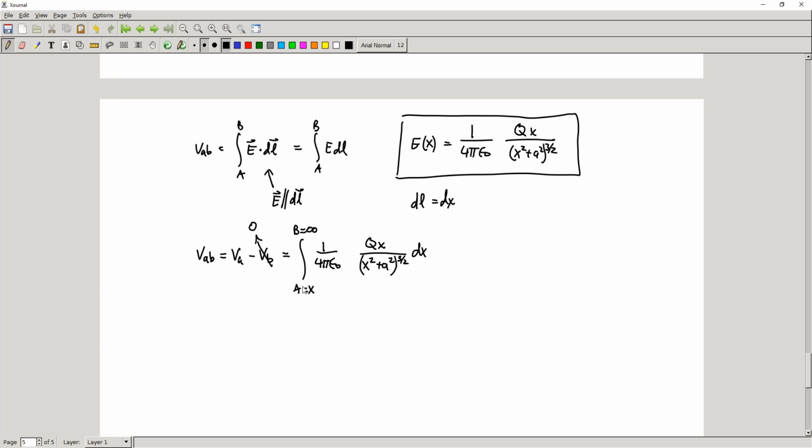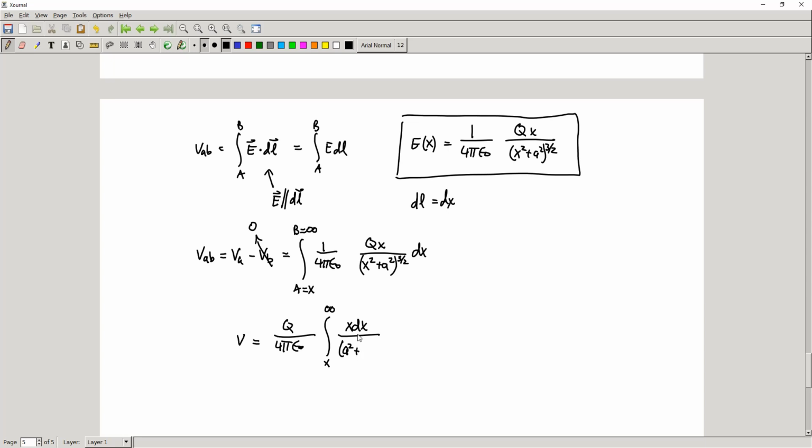Okay, so this is basically the integral that we want to do. Let's clean this up and take a look at this. Because we've eliminated VB, I'm just going to call our VA our potential, our V. And so we're going to end up having to do this integral here. We're going to have Q, which is going to factor out 4 pi epsilon naught. And then we want to do the integral from x to infinity of x dx over a squared